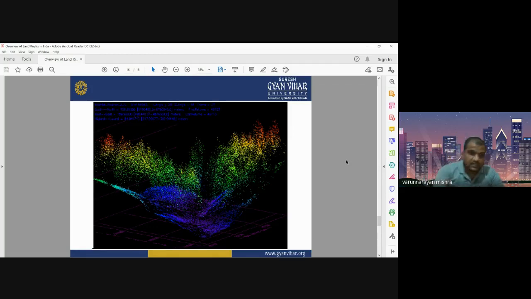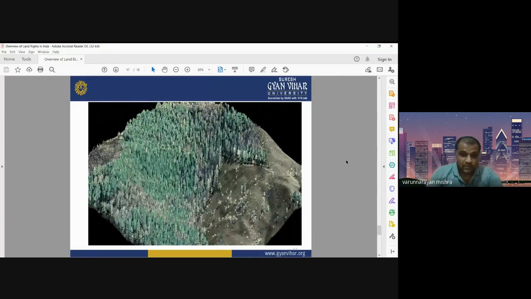Initially the data sets captured by the lidar are in the form of points, and each point has different intensity values. Each intensity value will be provided a separate color to identify which has higher intensity and which has lower intensity. Here you can see different colors. Each color represents a different amount of intensity values. When we process these intensity values using some software, some algorithm, you may have this kind of image. This is known as an intensity image.